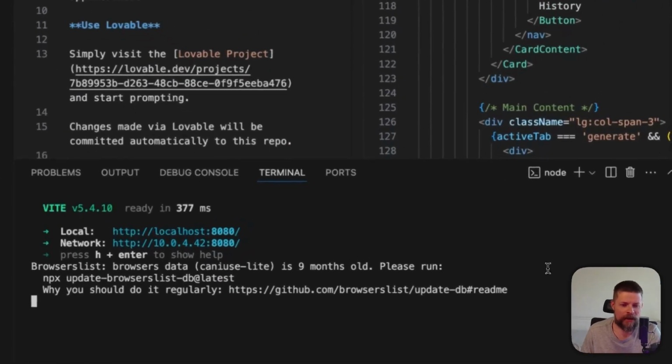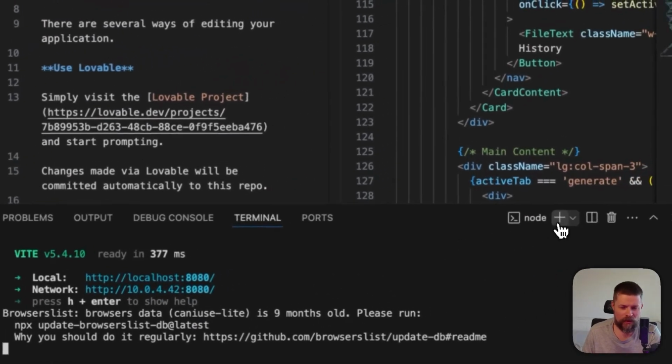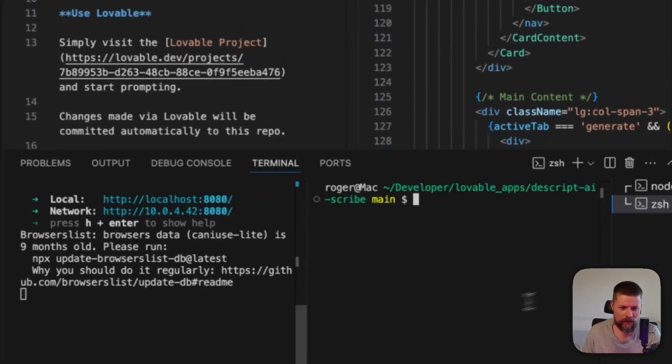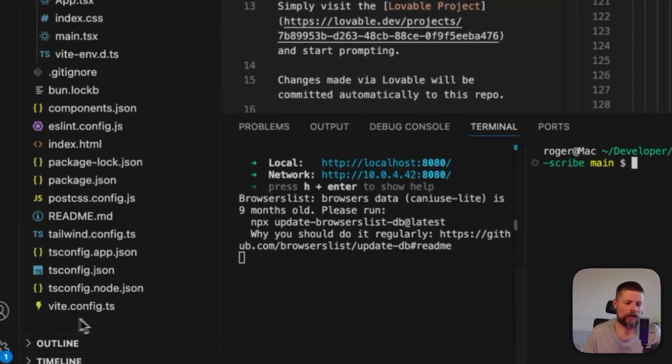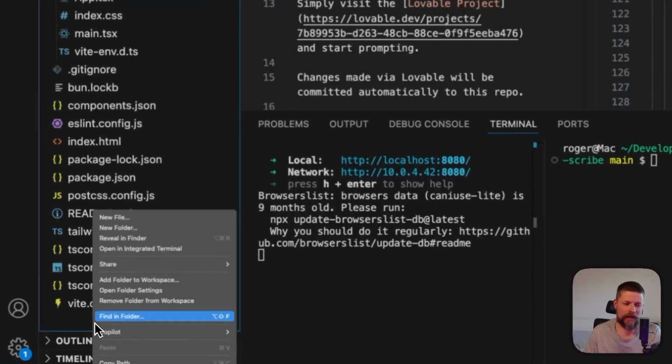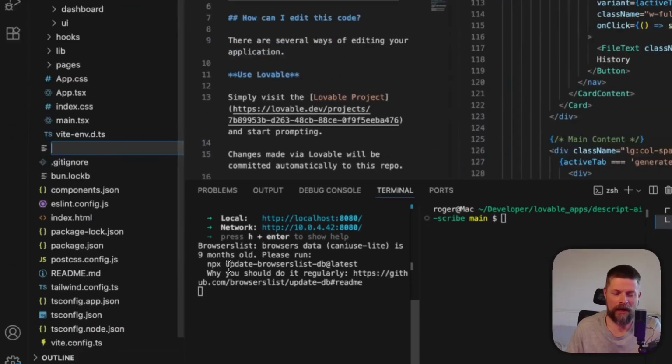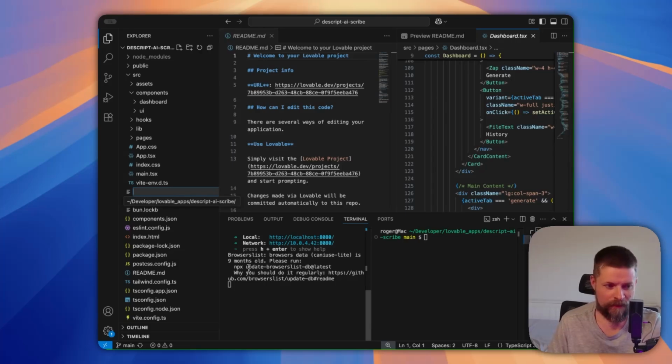All right, so we're back in my code. I'm just going to open a new split terminal here, so we keep our server running. And say we wanted to modify something. The first thing I would do is create a new file here, and my tool of choice at the moment is Claude Code CLI. So I'm just going to call this file